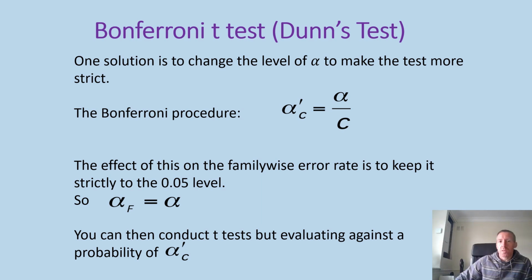But one solution to this issue of making multiple comparisons by doing multiple t-tests is to change the level of alpha to make the test more strict. The Bonferroni procedure, or correction, is just you take your alpha criterion level and divide it by the number of comparisons you're making. The effect this has on the family-wise error rate is to keep it strictly to the 0.05 level. Okay, so